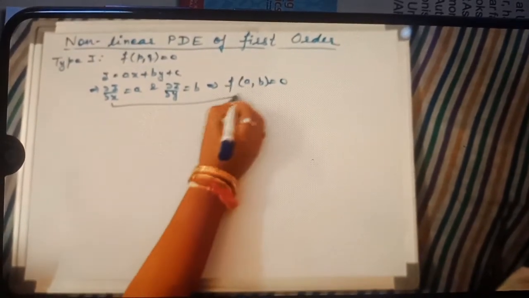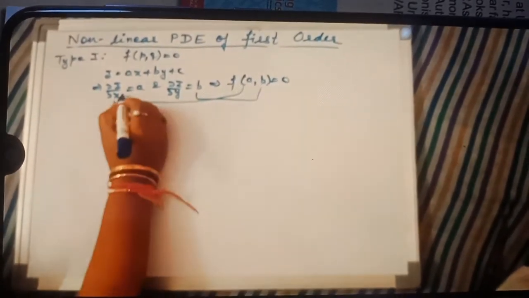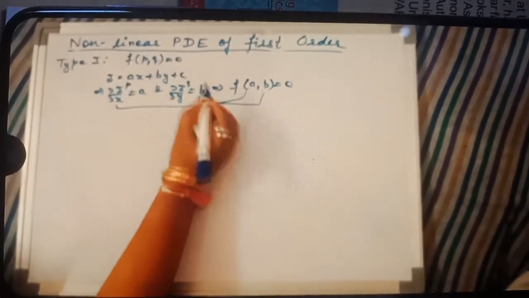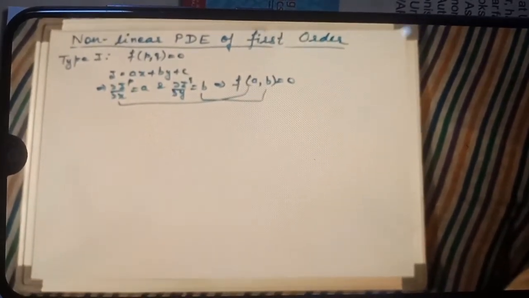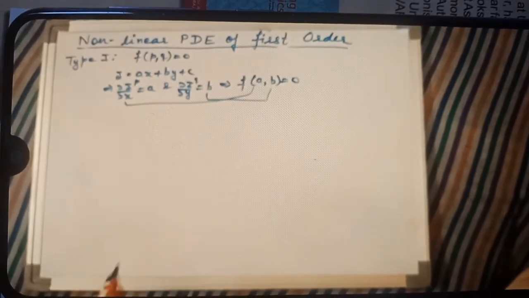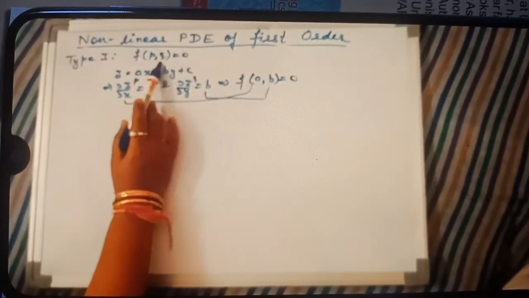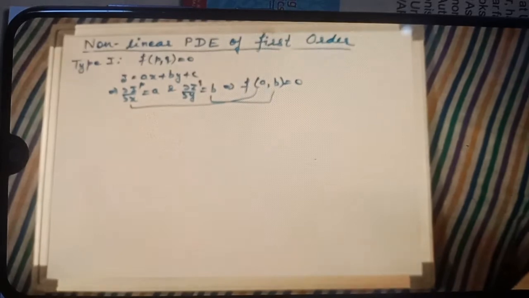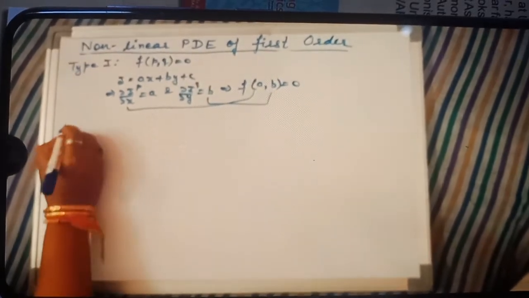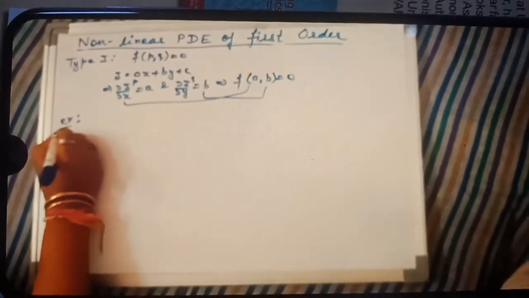देखिए a ये हो गया, b ये हो गया, यानी ये हो गई आपकी p की वैल्यू, ये हो गई आपकी q की वैल्यू. Simply you put the value of p equals a and the value of q equals b in every question. Okay. Now let us do an example for this method.